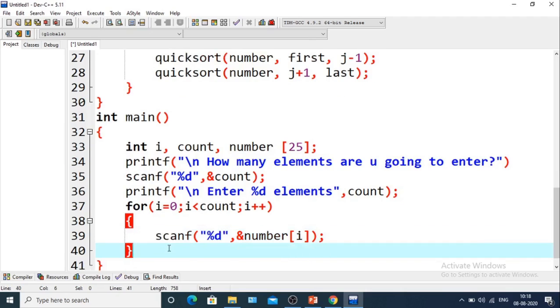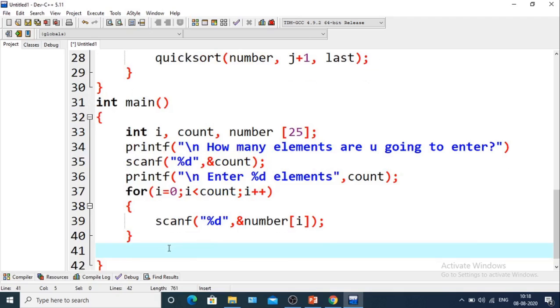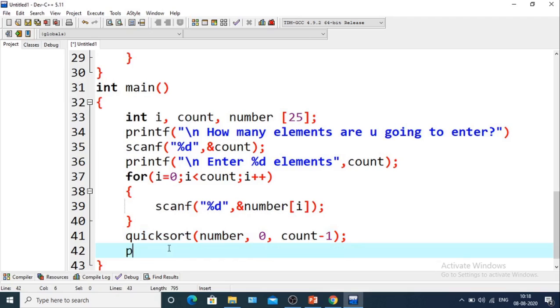Now we'll call the quicksort function. Here it is quicksort. This is number comma 0 comma count minus 1. So after sorting we'll print the elements.